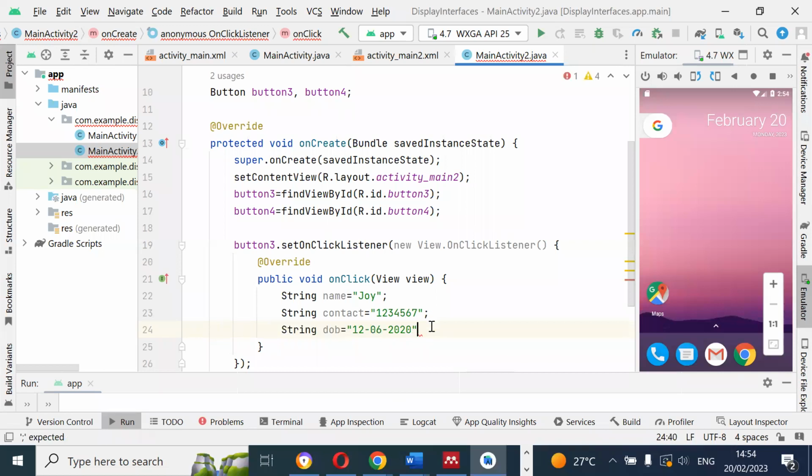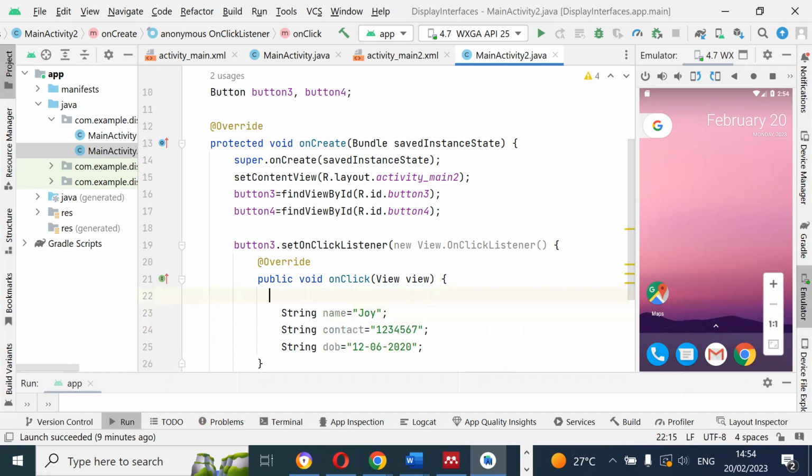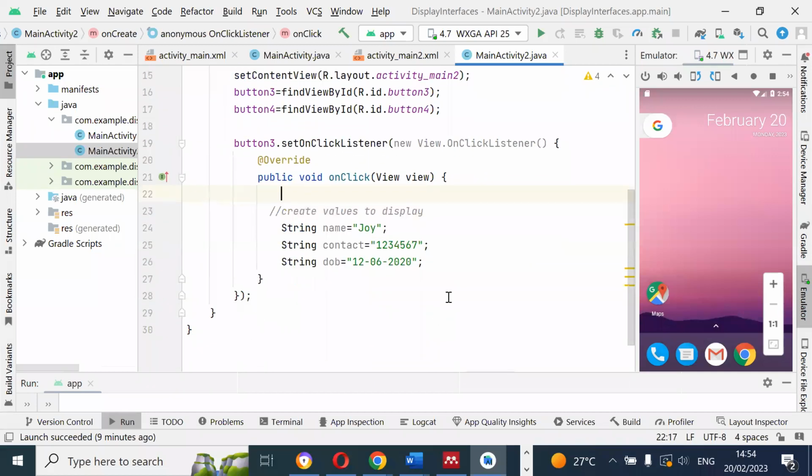Yeah. We want to display these three values on a string buffer. So here we can say create values to display. Okay. Then